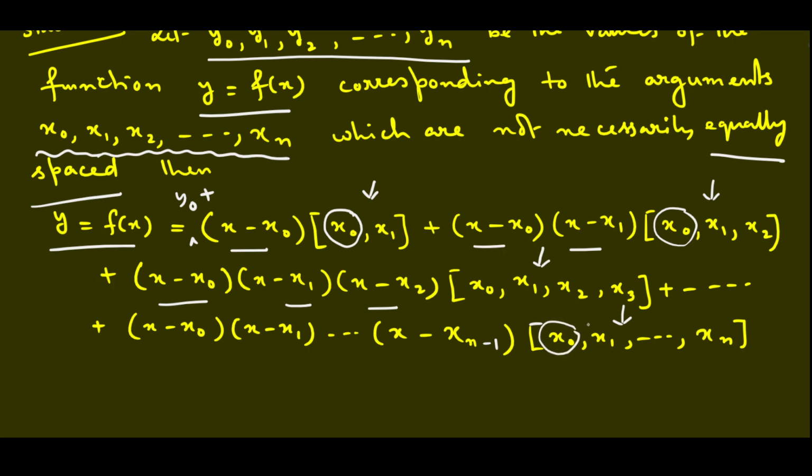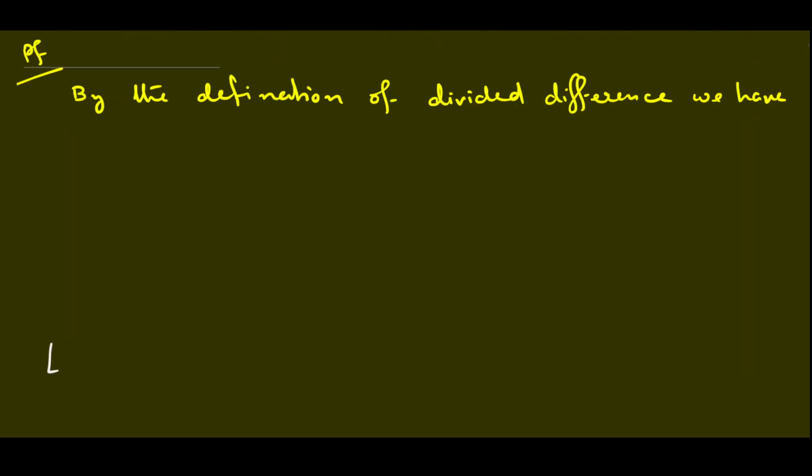So let us prove it. The proof is also very simple. Let us first take the first divided difference between x and x naught. So we have to take x because the function is y equals f of x, so we need one variable x. And with this, we have taken the first argument x naught. So what will be the formula? F of x means y minus y naught, divided by x minus x naught. Initially we have to write the second term first, but these are symmetric.